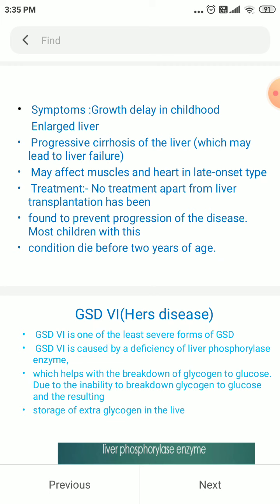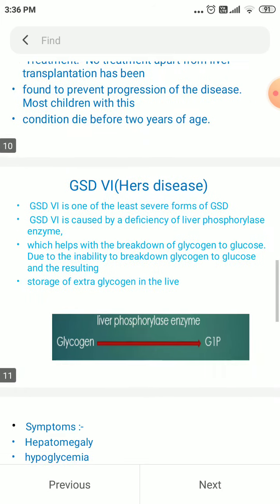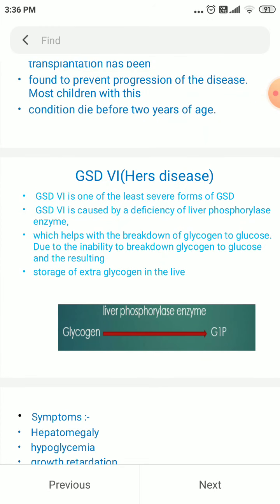So glycogen storage disease 6 is one of the least severe forms among all kinds of glycogen storage diseases. It is caused mainly by the deficiency of the liver phosphorylase enzyme. The phosphorylase enzyme is mainly involved in the degradation of glycogen to glucose 1-phosphate. Because of this deficiency, there is an inability to